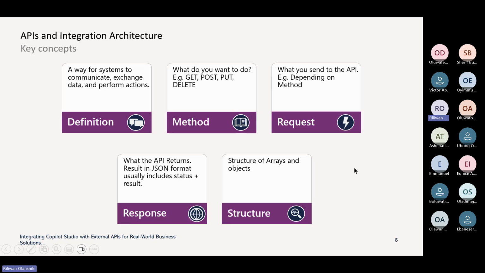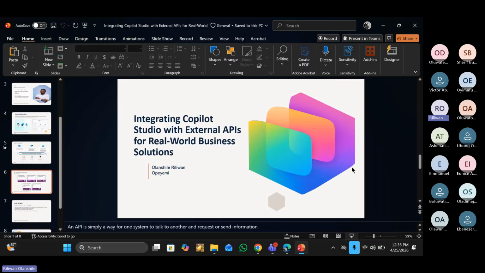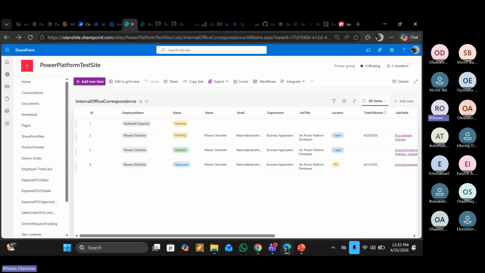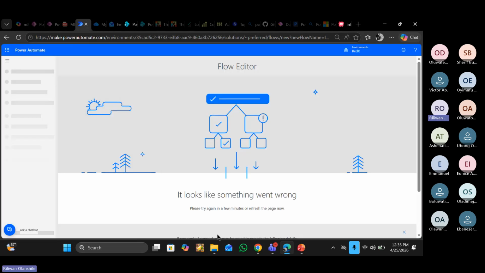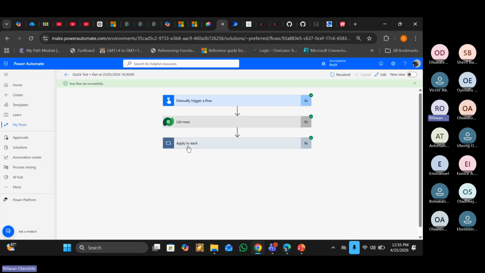Now, structures of arrays and objects, right? I cannot talk about this particular one without showing a little, right? So please permit me to just switch. I already have it opened so that I don't keep us too long here. You cannot say that you want to talk about objects and arrays without actually showing them so people can understand them, right?